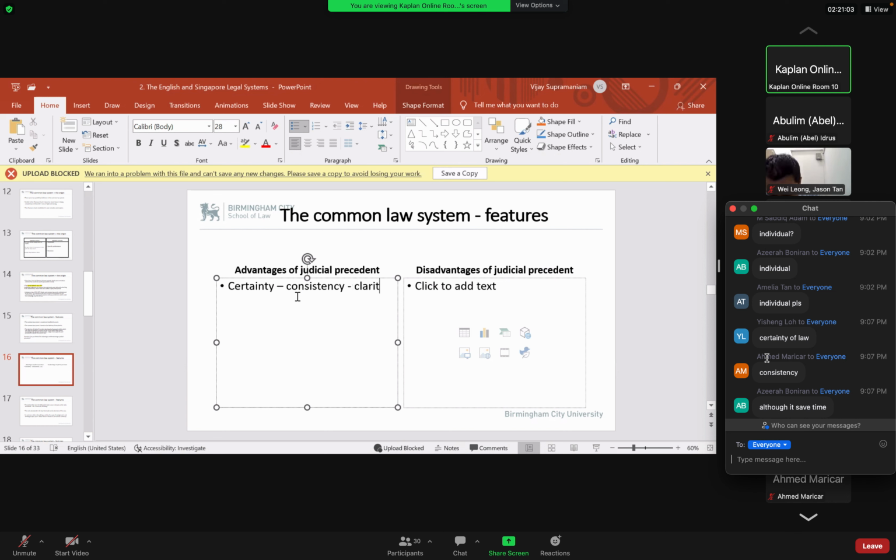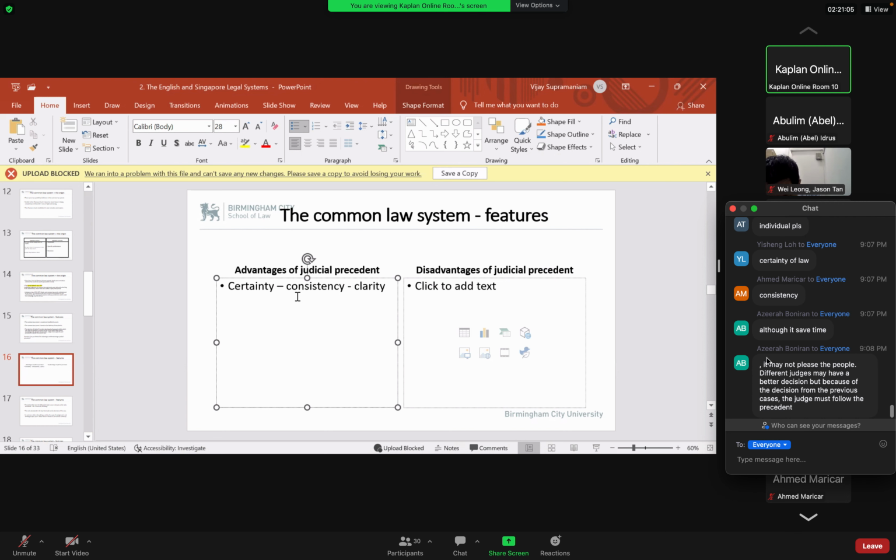There will also be clarity in law. Correct? When the law is clear, let's go in reverse. When the law is clear and you consistently apply the law, the outcomes will be certain for all similar cases. Correct? So at the end of the day, what I'm trying to say, these 3 C's will result in fairness. Correct? Would you agree with me? These 3 C's would definitely result in fairness.